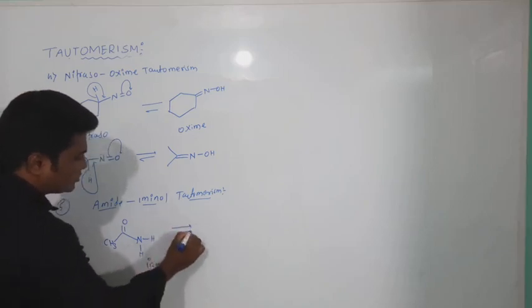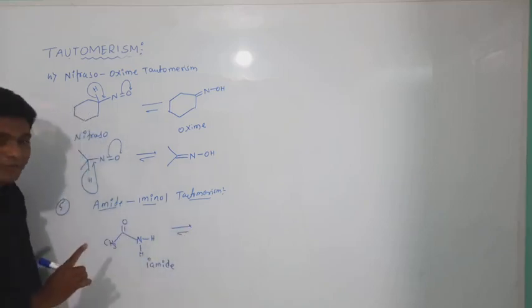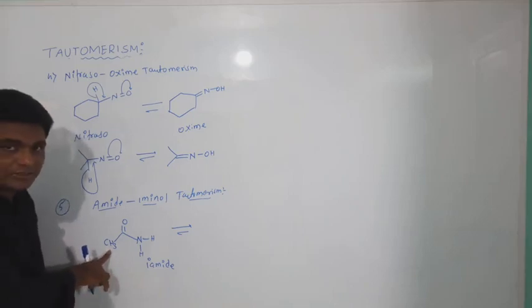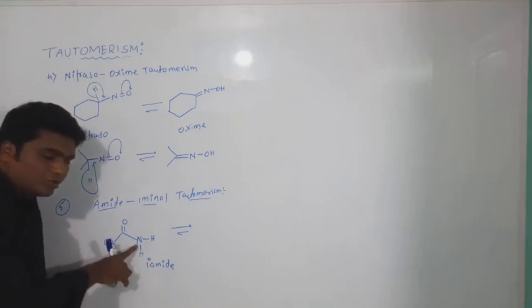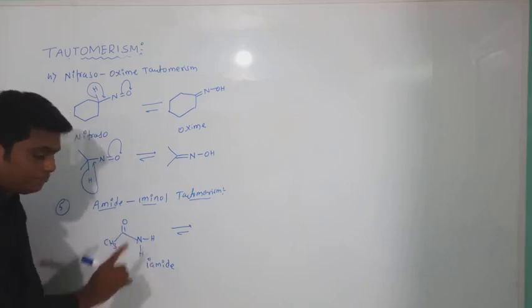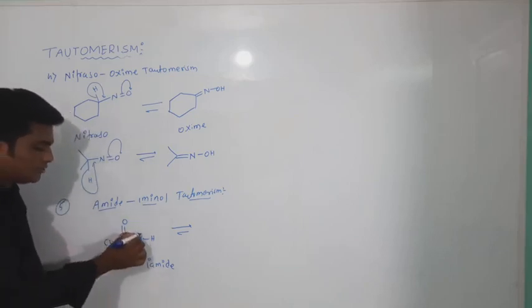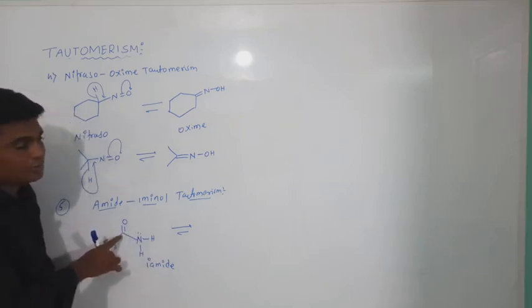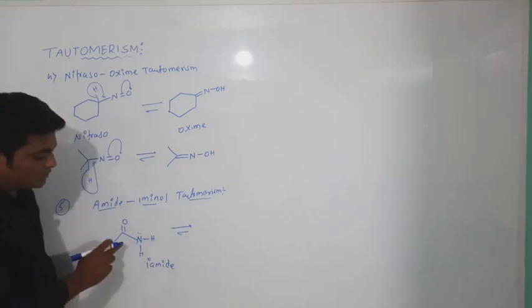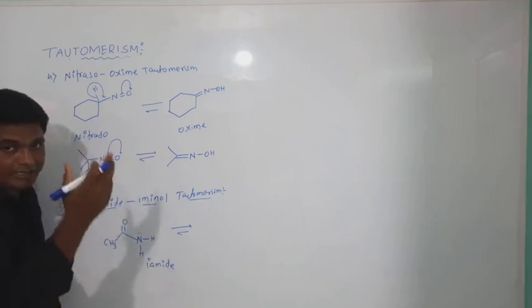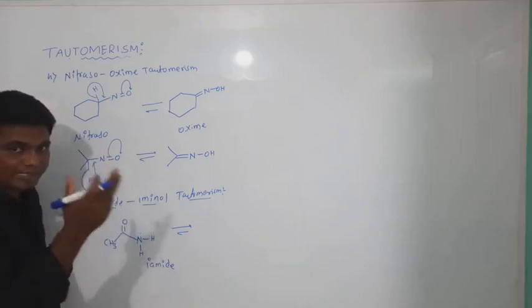These also undergo tautomerism. See here. We have the alpha hydrogen atom here on the left side. See, sp3 hybridized CH3. And here also this is sp3 hybridized. Here also we have the 2 alpha hydrogen atoms. And actually see here, this lone pair is involved in the resonance with this carbonyl group. Separately I will explain that amide, esters, carboxylic acid and anhydride do not give tautomerism. Why they don't give the tautomerism, I will explain.